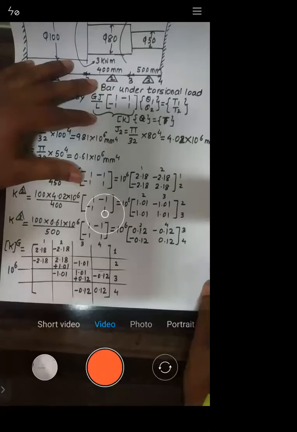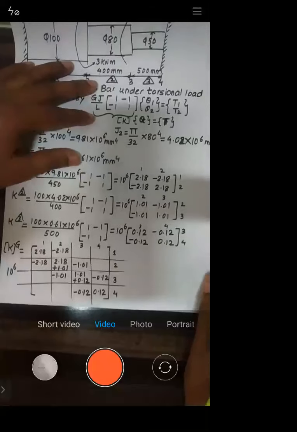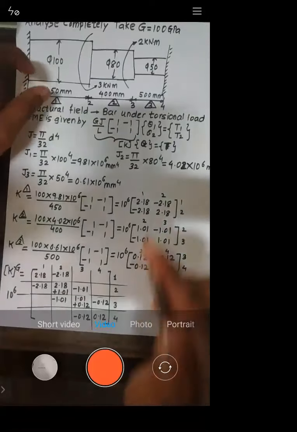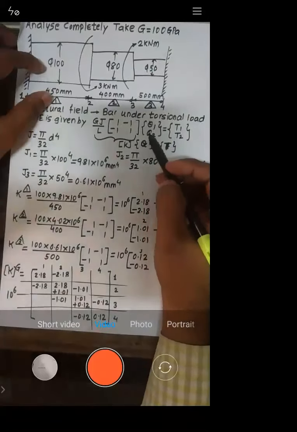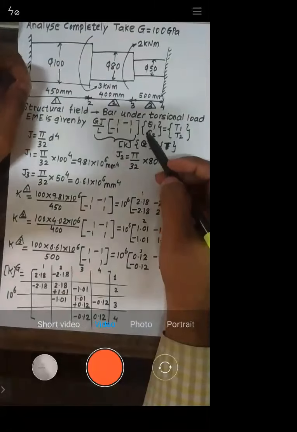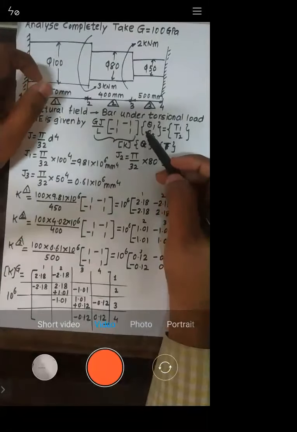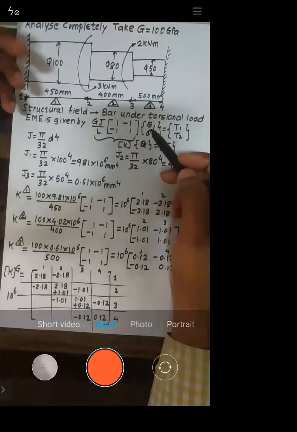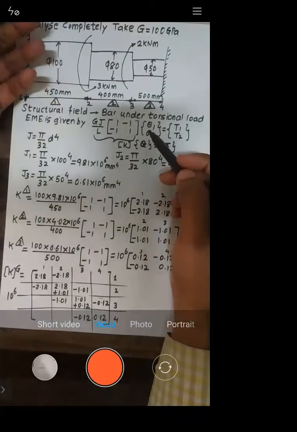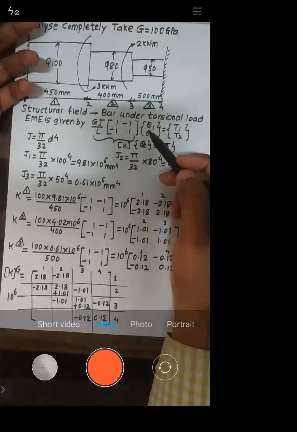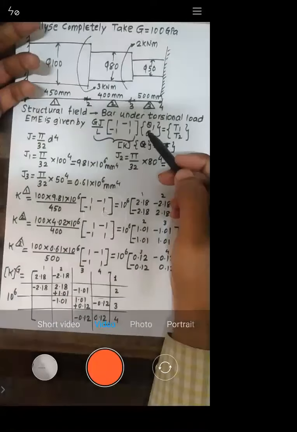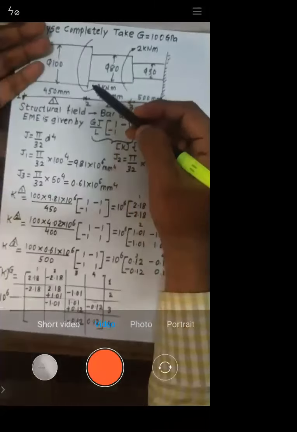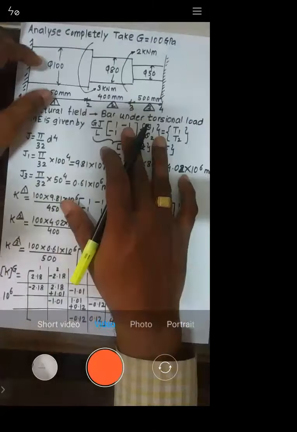The nodes are 4 and the degree of freedom will be 1, right? How is the degree of freedom 1? Because it is only rotation. Whether the rotation is clockwise or anti-clockwise, that is a different thing. But it's a rotation, which means it is 1 degree of freedom. Getting it or not? If it is anti-clockwise, we will take it as positive. If it is clockwise, we will take it as negative, right? But rotation is only 1 degree of freedom.